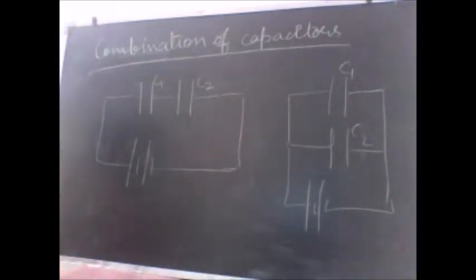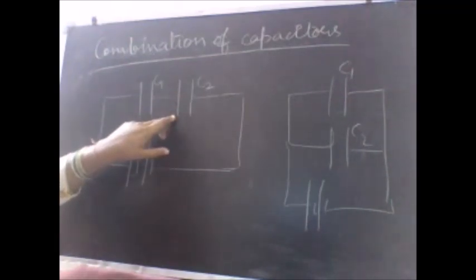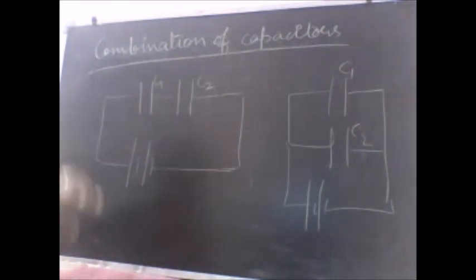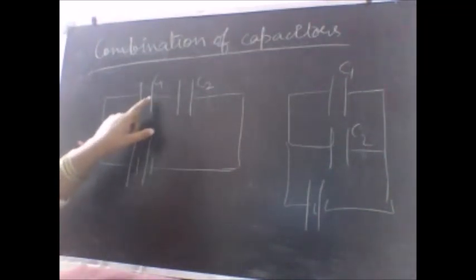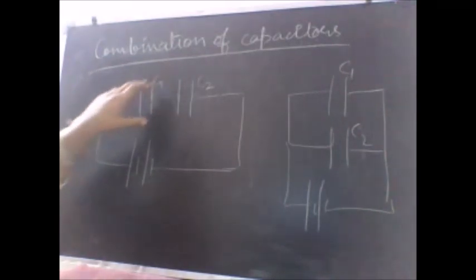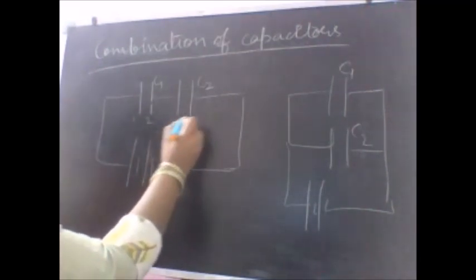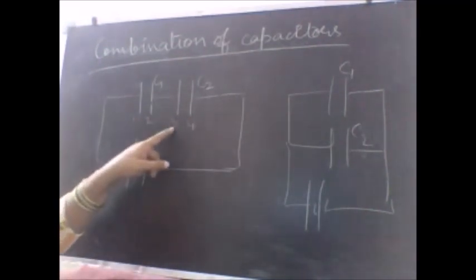Simplest circuit diagram. Two capacitors, parallel plate capacitor only we will study now onward. That only is in our syllabus. So we are given C1 and C2. We call this combination the series combination. Identification is, in the series combination, just one plate of this capacitor and one plate of this capacitor are connected. For example, this is plate number 1, 2, 3 and 4, and 2 and 3 are connected. So I will say that okay, series combination.